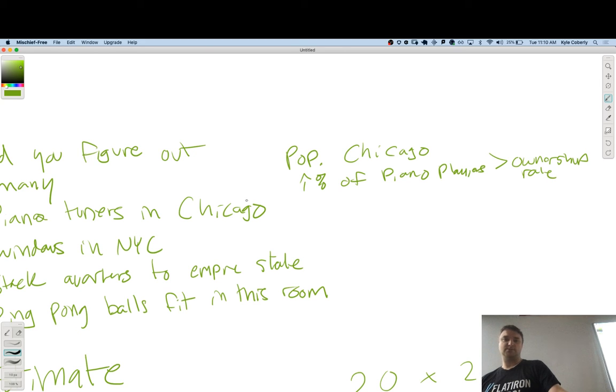Okay, what else would you consider? I think it would be how often a piano needs to be tuned. There we go. How often are pianos tuned? And then how many pianos can a tuner tune in one day? How many can someone tune?